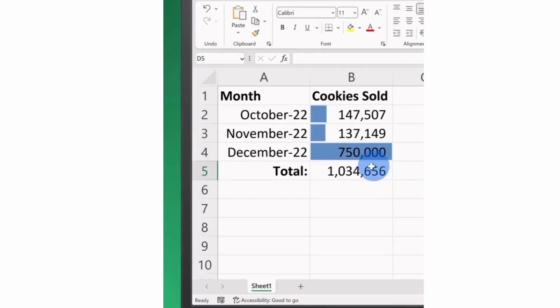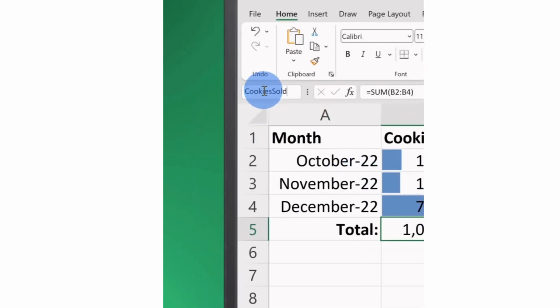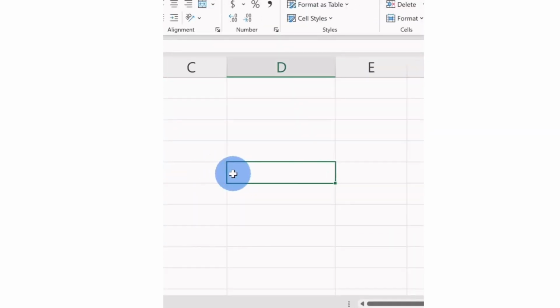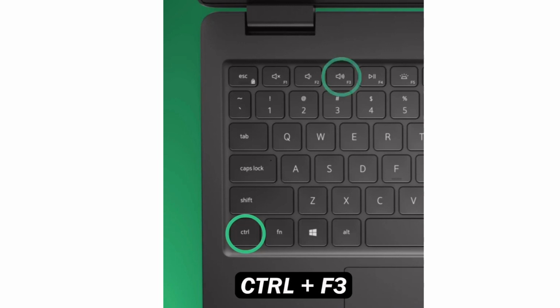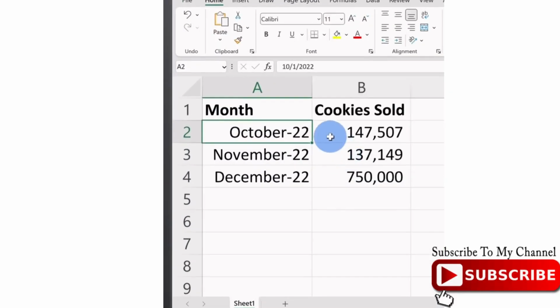Number 1, click into a cell and then go up to the name box in the top left-hand corner. You can give your cell a name. Now, you could just reference your cell just by using that name. Press Ctrl F3 and that opens up the name manager where